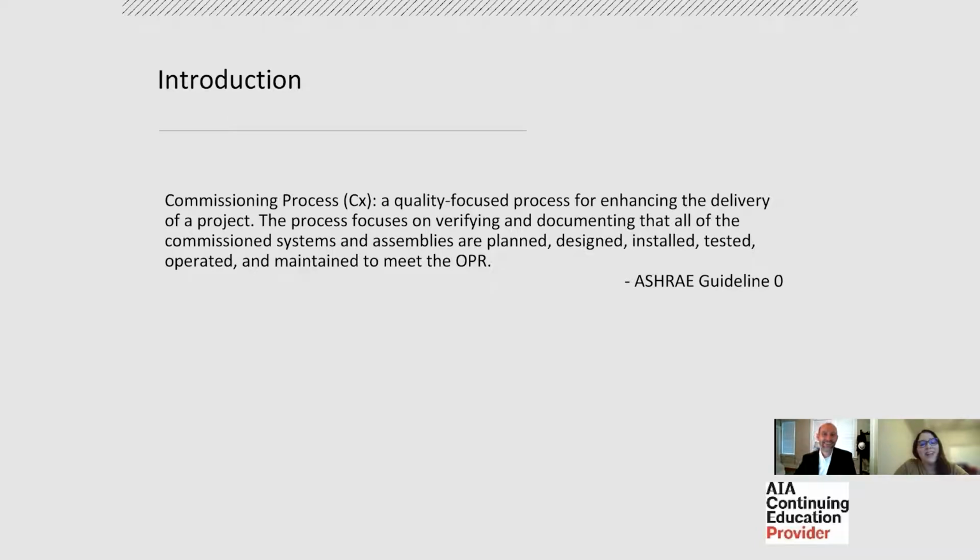So how does this apply in a practical way? No one verifies that an integrated system really works the way it's supposed to, except for the commissioning agent. Do you agree? Oh, yes. Yes, I do. It might not technically be true. Some listener may send us an email about it, maybe. But in my experience,